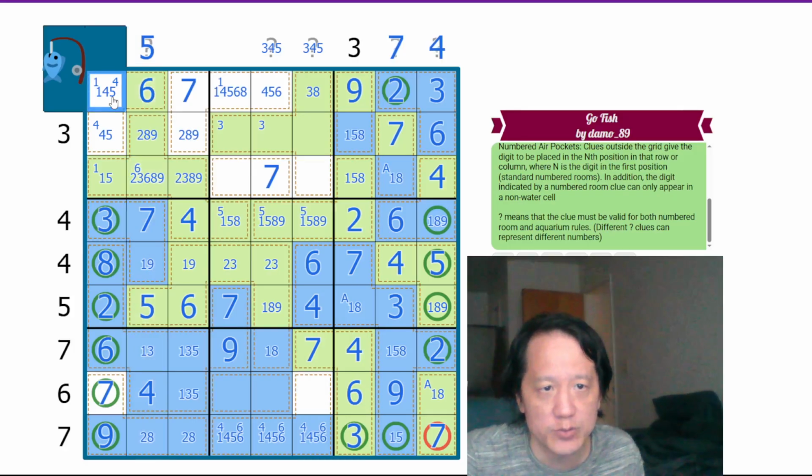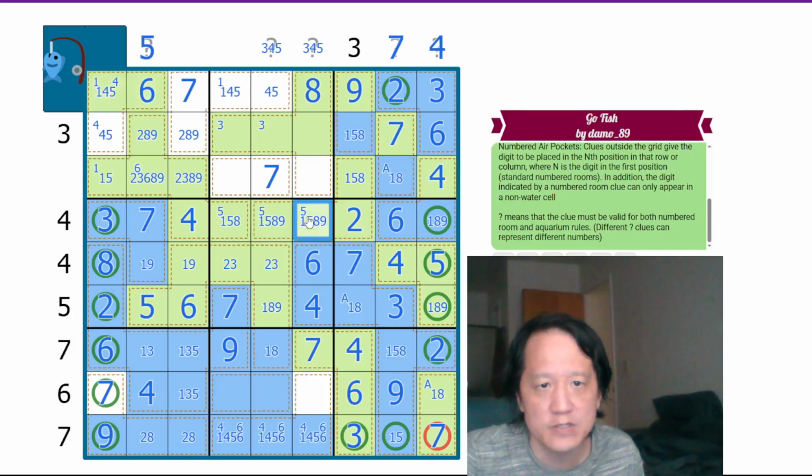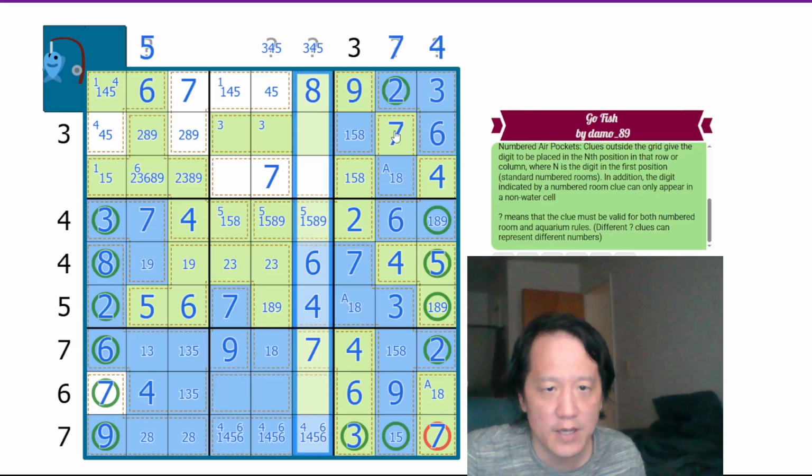This is air, which means this air. 6 eliminates 6 in the rest of the row. 3 eliminates 3 here, so that's 8. No more 6 or 8 available, so it's 1, 4, 5 as a triplet. 8 means this digit has to be in the air pocket here, so that's 8, which means it cannot be... We cannot have 5 waters, and it can't be a 4 because 4 has to be in that air pocket,